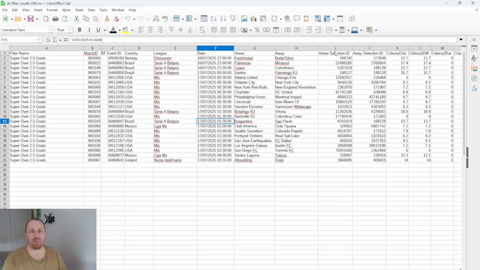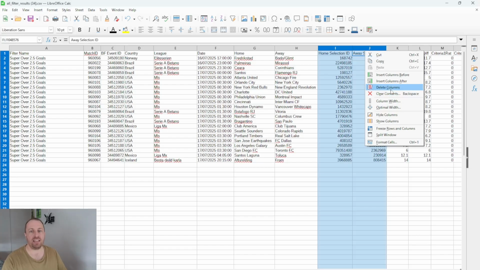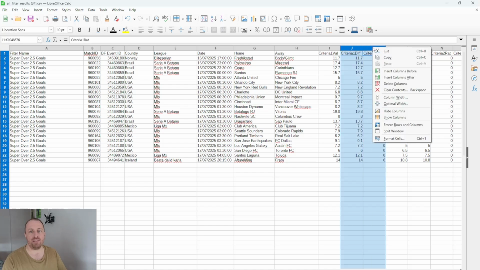Now, one thing I'm going to do is I'm going to put this into a sheet, and the sheet has been designed in a way that will tell me whether these bets are actually value or not, and then I'll look to split test them to see whether I can improve it further. But the first thing I'm going to do for this is delete the home selection and away selection. I'm also going to delete all the difference and rating columns,